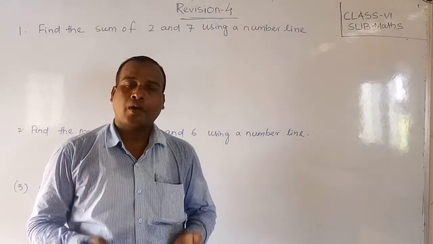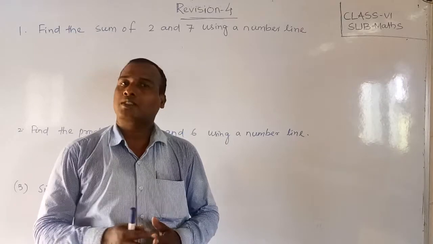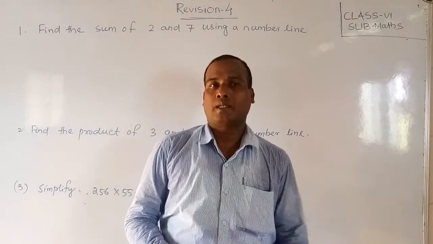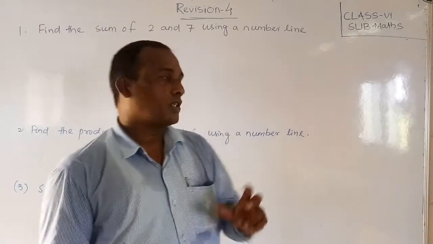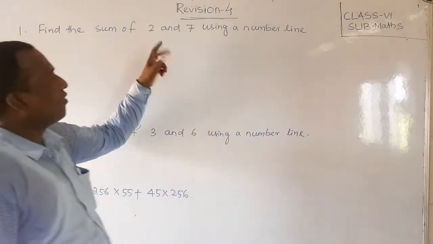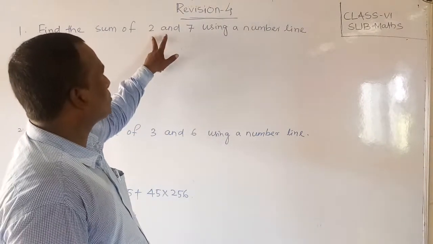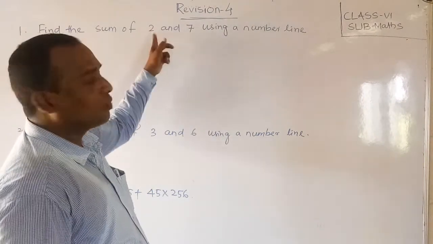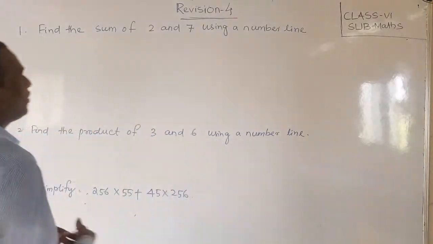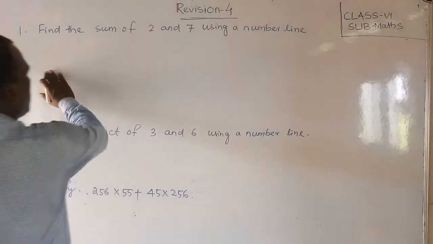Already I have explained to you how to sum, and what the product is, and subtraction also I have told. But today I am going to explain once again, a recapitulation about this. So let us discuss how we should show the sum of two whole numbers on the number line. Very carefully you should attempt this and observe.